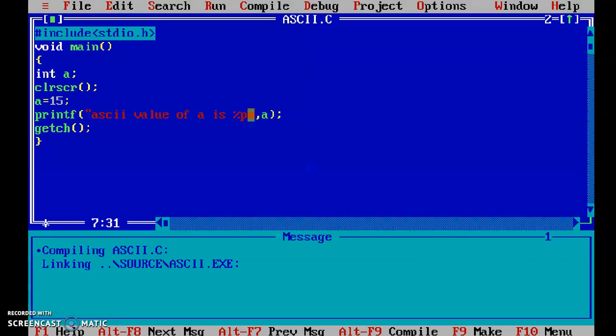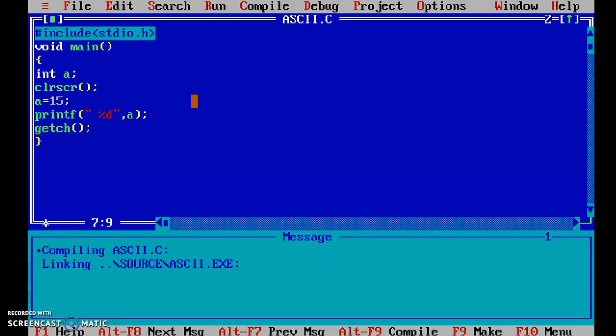Okay. So I'll make a little change here. This is a format specifier %d, which specifies the format of a variable, and the format of a is integer. So it is going to print integer values in place of %d. The remaining statement will be the same: ASCII value of a is %d. So rather than writing ASCII value, we will only print the value which is stored in the variable. What is it going to print? We will check. It is going to print 15 definitely.